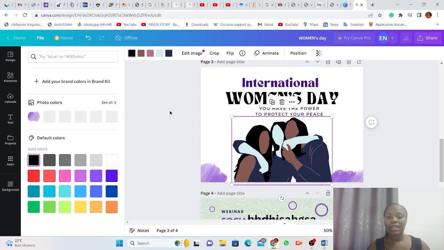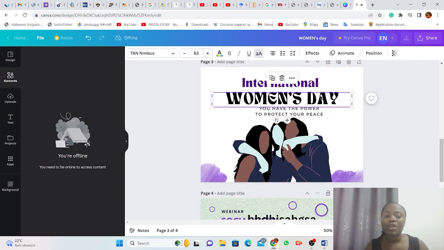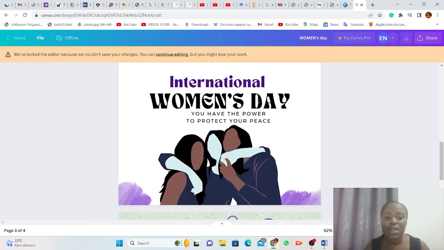So basically that's how you go about creating a design on the flyer, and I think which is very important. So with this, you can see that this is text that came from the design. So remember, when you get a flyer, you don't just be excited that, oh, I've gotten exactly what I want, this is what I'm going to post. No, you need to be able to play around with some of